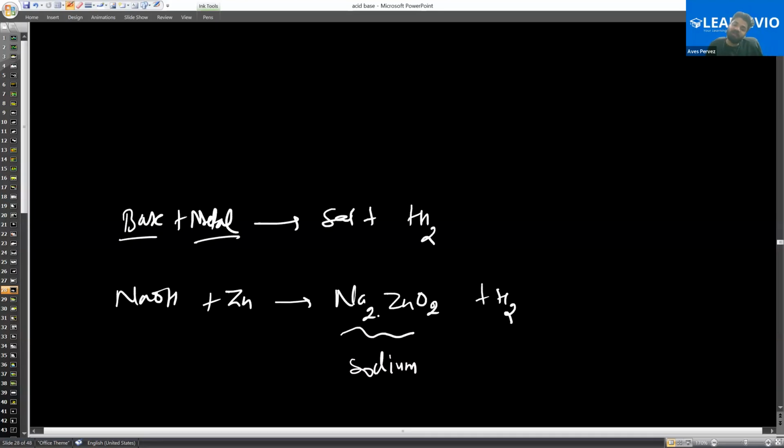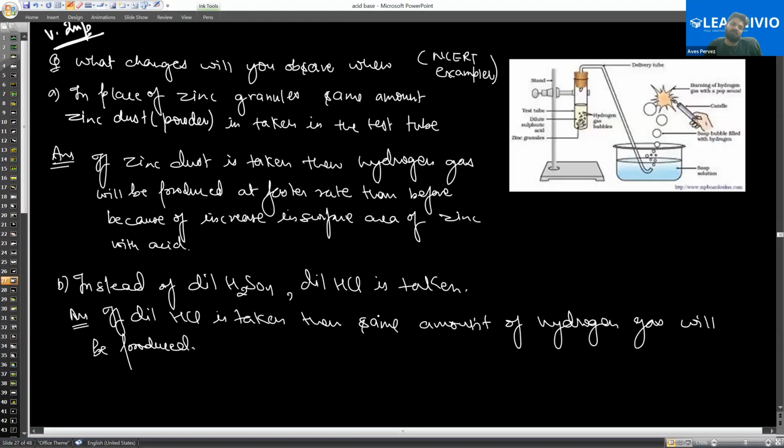बस मैं ये कहना चाह रहा हूँ कि हाइड्रोजन गैस प्रोड्यूस होगी if you take the NaOH instead of H2SO4, then hydrogen gas will be produced. अब ये क्यों होगी, that we are going to learn when we study the basic properties. So this is a very important question. Please note it down and make the rough diagram of this one, please fast. स्टैंड नहीं बनाना, सिर्फ टेस्ट ट्यूब बनाइए और हाइड्रोजन गैस प्रोडक्शन के लिए बस दिखा दीजिए, सोप ट्यूब और कुछ नहीं बनाइए. ओके,